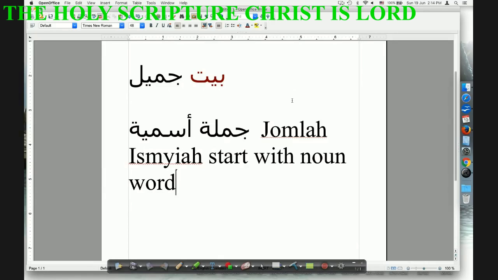And then it's going to end. So the start is a noun, the end is a description. As an example, the man is tall. That is a jumla ismiya. There's no action. In Arabic, remember, we don't have the "is." There's no need to say "is." In English, you have to. In Arabic, he says,